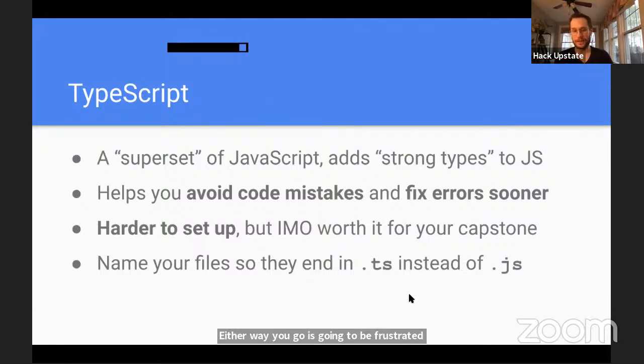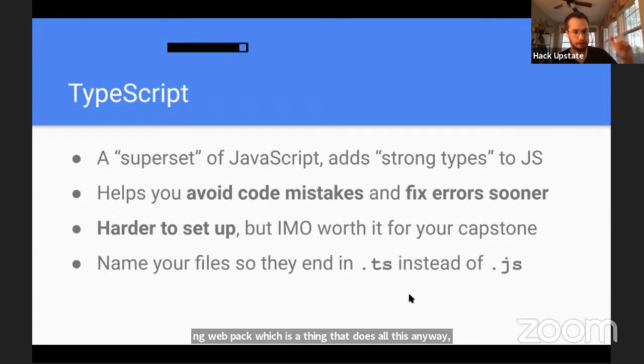So if you would prefer to have a more involved setup, have to use more tool chain, more like a transpiler to process your code. And once we get into React, by the way, it won't be that hard. It won't be that different because you're going to be using a transpiler anyway. You're going to be using Webpack, which is a thing that does all this anyway. So it will be a little closer, but